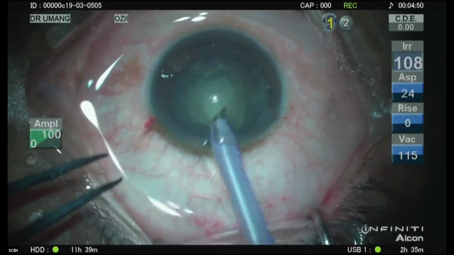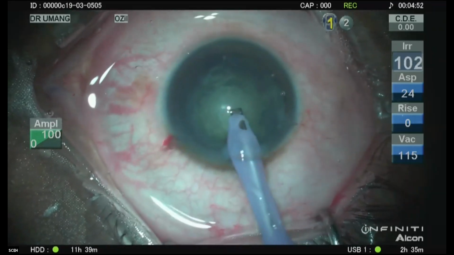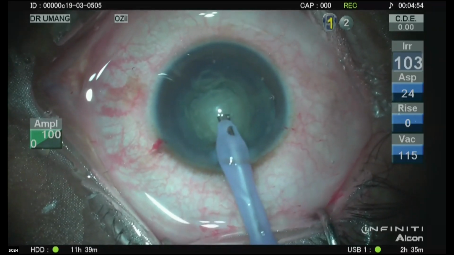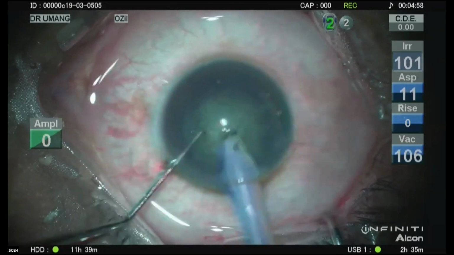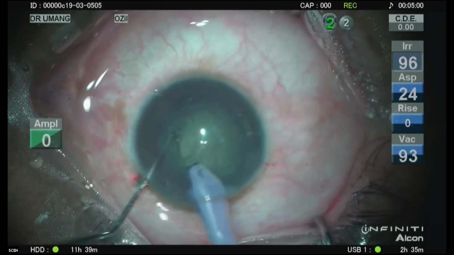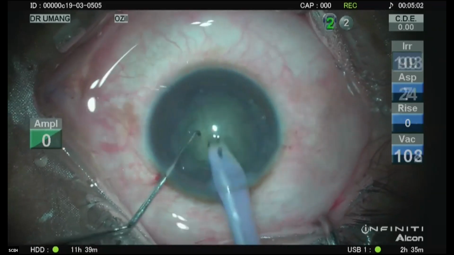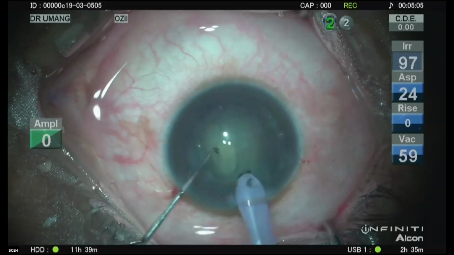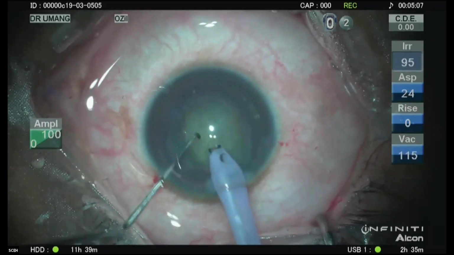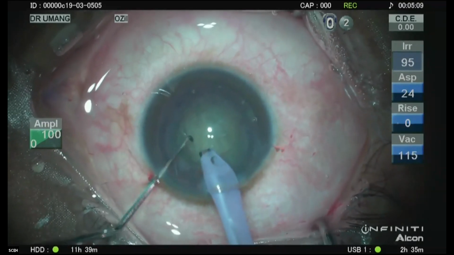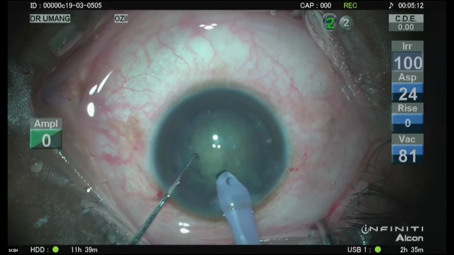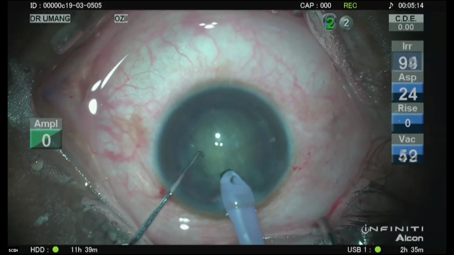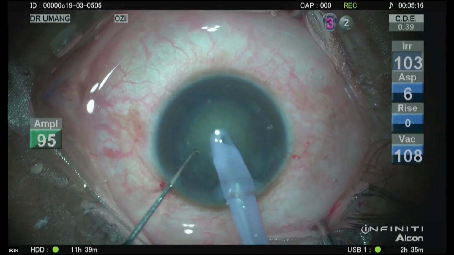So we go inside the eye. We're currently in. So there are various ways of doing it. Some people will go and do a direct chop, but it's always good to get a little space first, and doing a stop and chop is a good technique and a very safe technique. So we will first trench